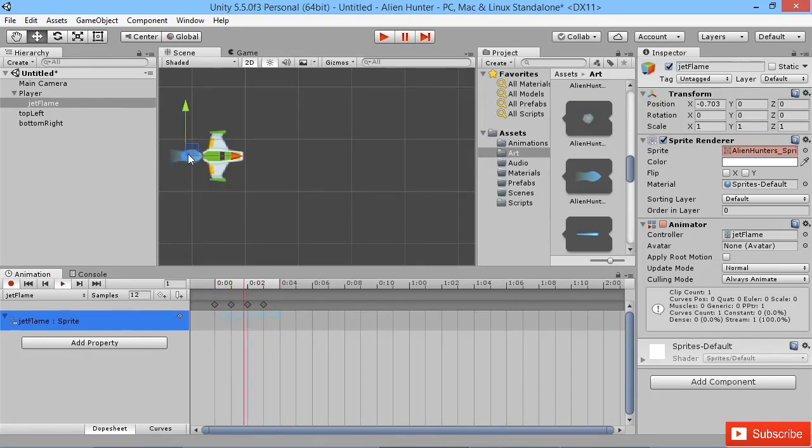So now we can see, hey, that flame looks like it's growing and shrinking in a reasonable way. So let's see that in action in the game. But when we're done animating, it's important to remember, always untick the record button here, because if we were to leave this here and let it